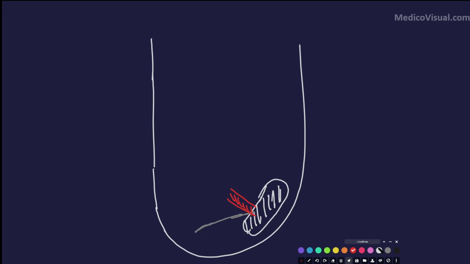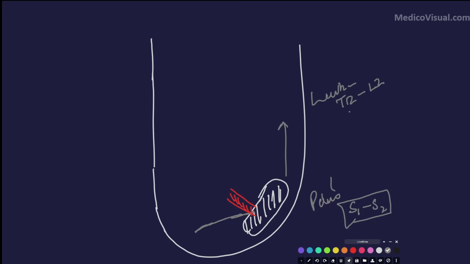So two things will happen. First, the kidney will ascend upward. From the pelvis it will go to the lumbar region. Initially it is in the S1, S2 vertebral column region, but ultimately it will come to lie in the T12 to L2 region, the lumbar region, right? One thing is this. The other thing is that it will rotate 90 degrees clockwise, so that the hilum will come to face the medial side.